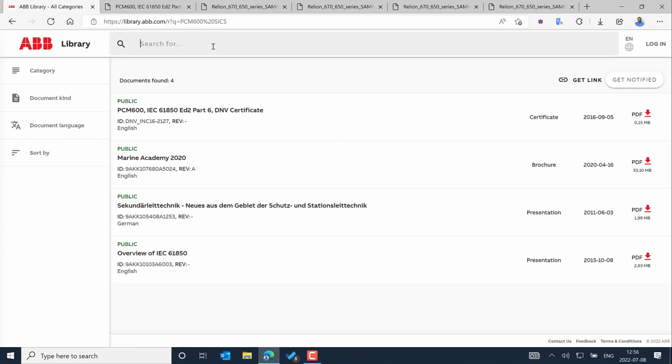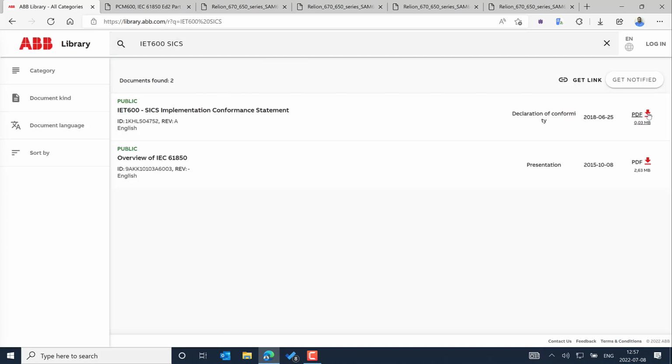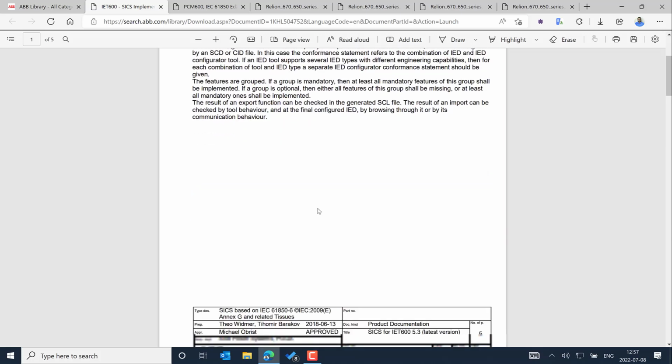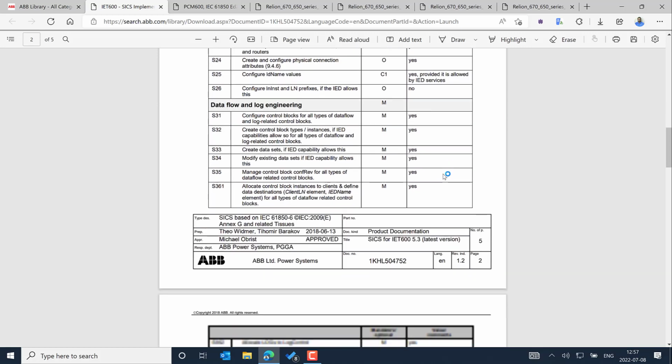Next, we'll go for the IET600 SICS document. This is a system configuration tool SCL Implementation Conformance Statement. Why is it important? Sometimes when we use the IED configuration tool or system configuration tool, we need to know whether the configuration tool has the capability that we are really looking for. Otherwise, we will be exploring the different menus and options, wondering why it is not able to export certain file formats, and why the mandatory or optional information is not available in that particular IED configuration tool or system configuration tool. So here you can see the supported information about the different SCL files and the